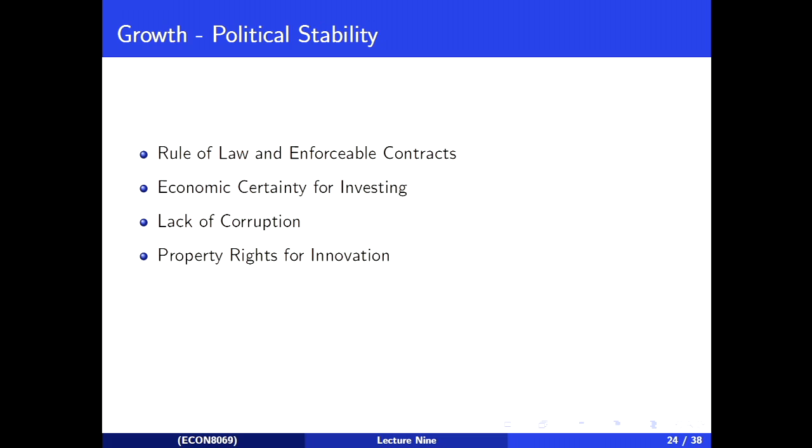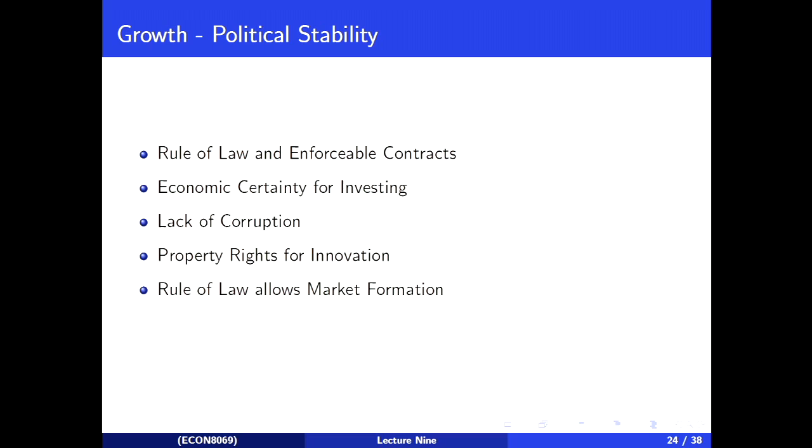So I invent a new drug, which helps with nausea. I invent a new nausea medication. I can make money off that for a certain amount of time because I have intellectual property protection. And the fact that I have that protection means that the drug is more expensive. It means no one can use my drug to develop new drugs for a little while, which is bad. But if I didn't have that protection, I would not want to make the drug in the first place. So property rights for innovation make it more difficult to innovate, but give incentives to try to innovate, which I'll come back to on the next slide.